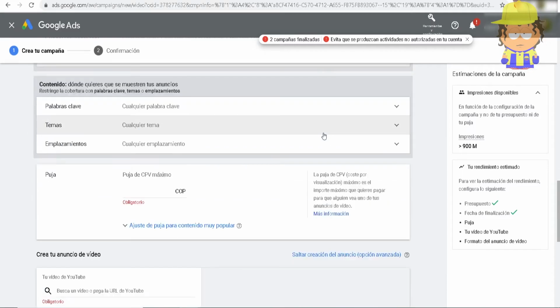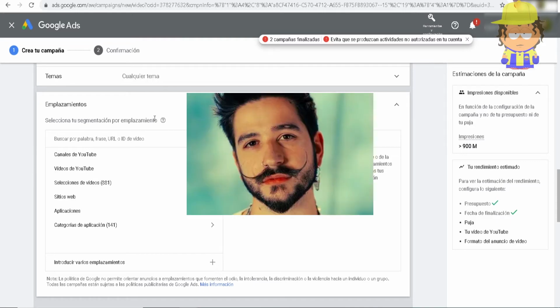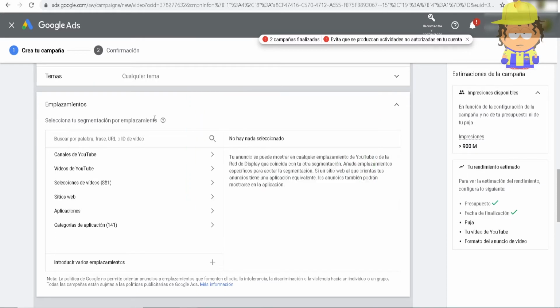And the most important part here are the placements. This is an option that I like since we can make a slightly more specific ad. And what we are going to do is place the channels or videos that are related to our theme or the type of content that we make. For example, this song that I want to advertise is oriented to the genre acoustic ballad. And an artist that is more or less related to this would be Camilo. So what I have to do is look for Camilo's channel or some specific song by Camilo and put it as a location. To enter a channel or a YouTube video is done as follows.